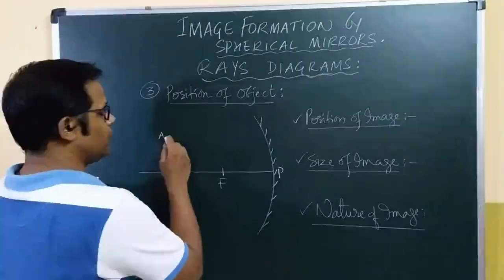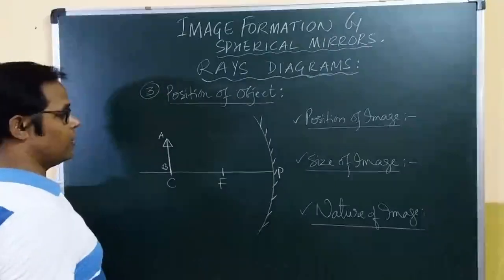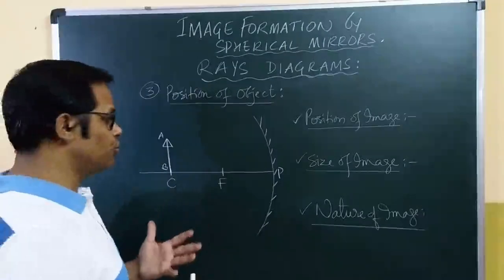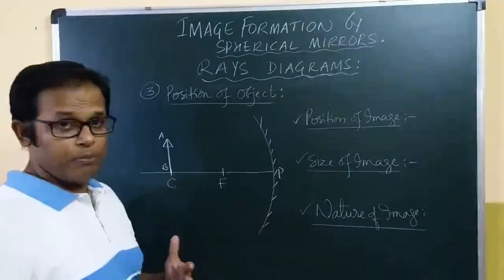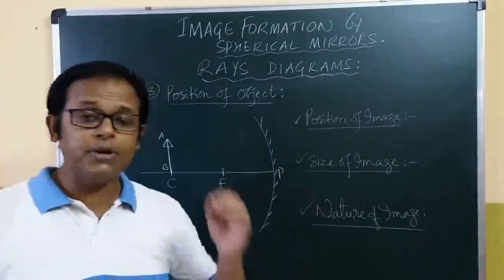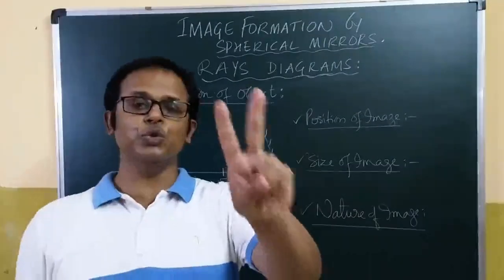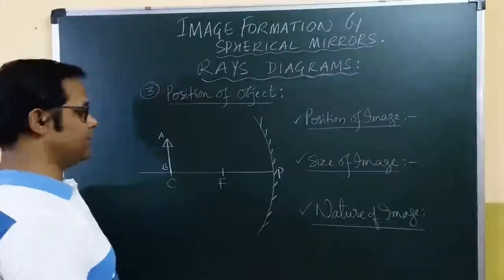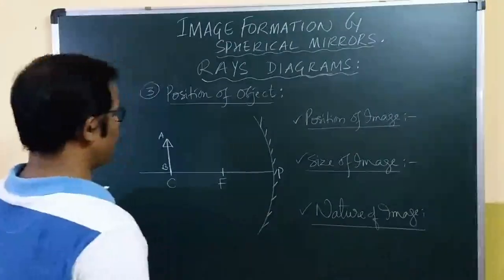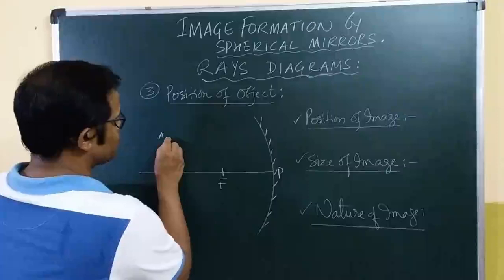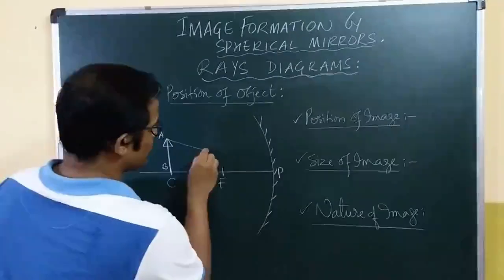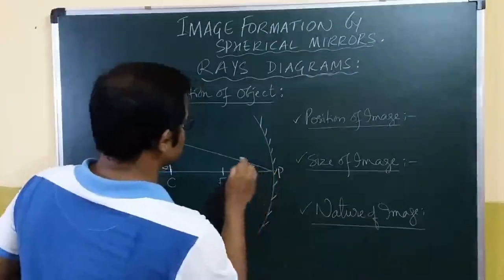Here you'll find we can use any principal ray, as I said already. So let me show you some different principal rays out of the 4. Remember, minimum we need to use any 2 out of the 4 to complete a ray diagram. Okay, so let me use the 4th principal ray, which says that a ray of light incident at the pole